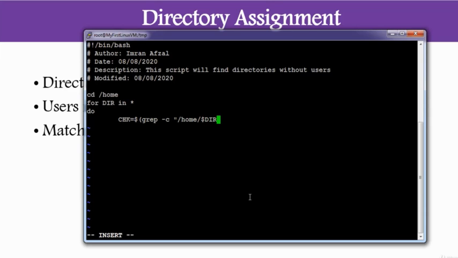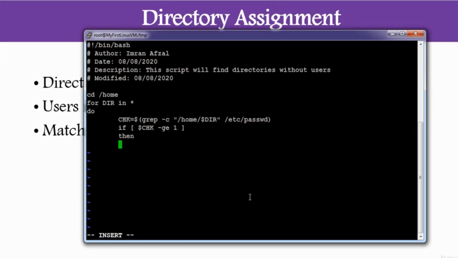Sorry, this is the variable we have, and against /etc/passwd. Let me write the script and I will explain once more what I'm doing. Then, if chk is greater than or equal to 1,